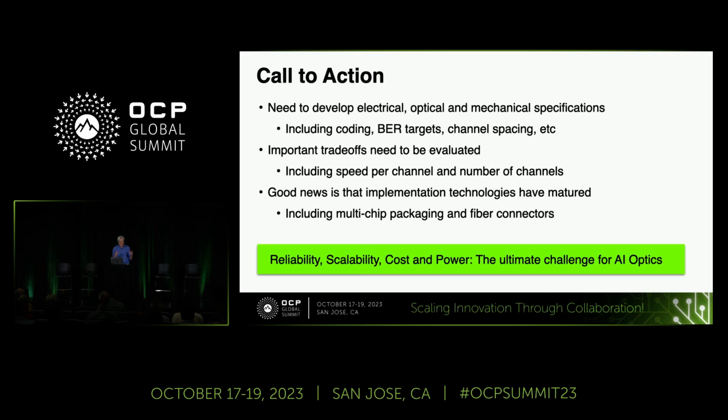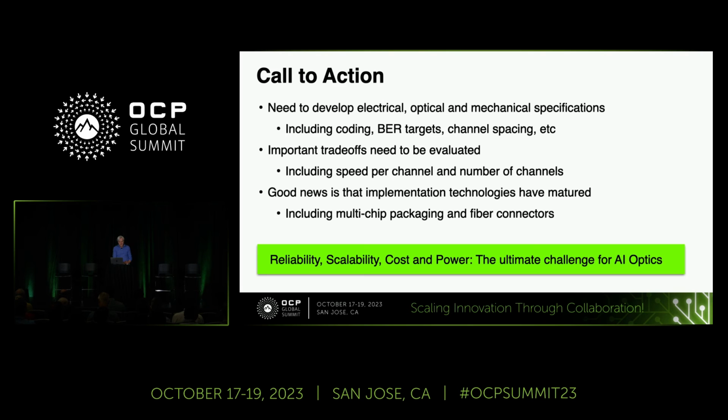By aggregating or collapsing the big space of possibilities into a very specific choice, whether it's a chiplet or the electrical interface, signaling, the optical interface, the bit error rate targets, the channel spacing, and so on, it is ultra important for the companies that are making significant investments here to focus their efforts. There are many important trade-offs that need to be evaluated, ranging from the speed per channel, whether you go slow and wide, or fast and perhaps higher power,